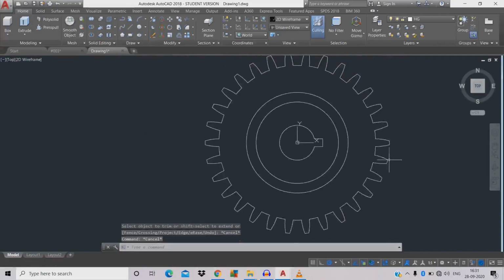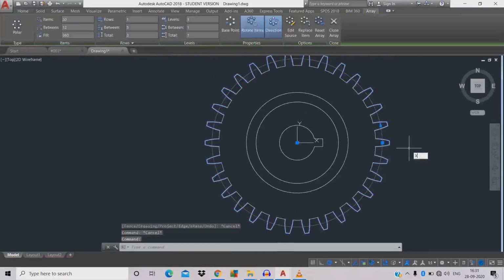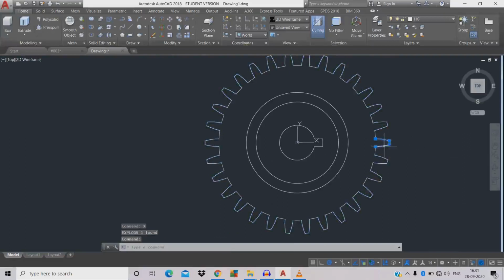Now just click the array portions, we're going to do explode, X for explode. Now it has been changed to many objects, so click the inner object.